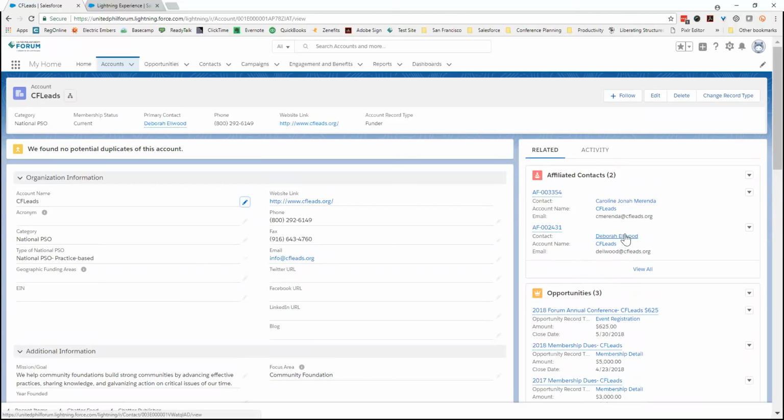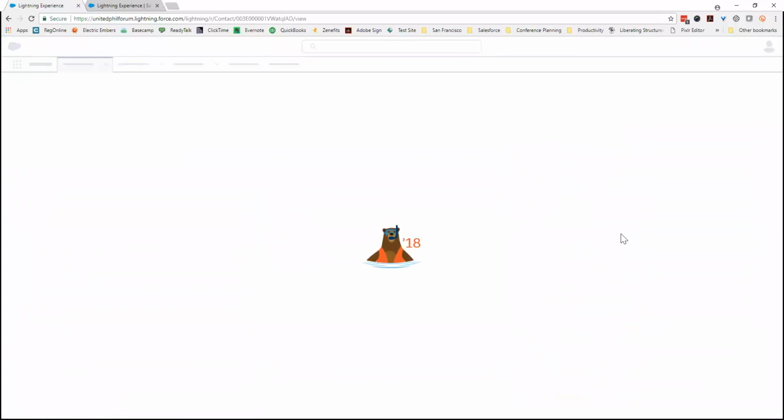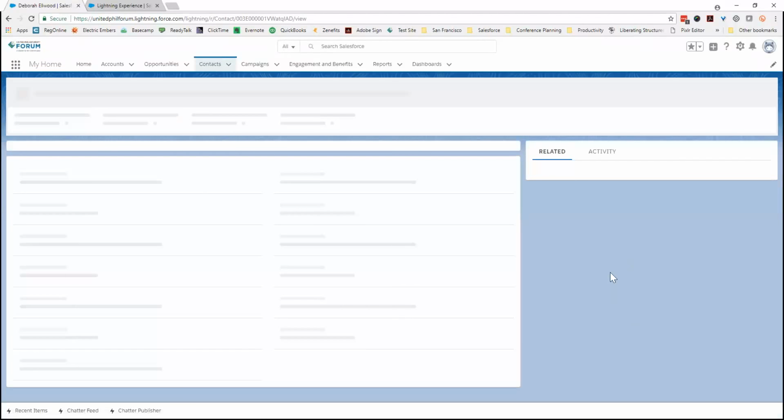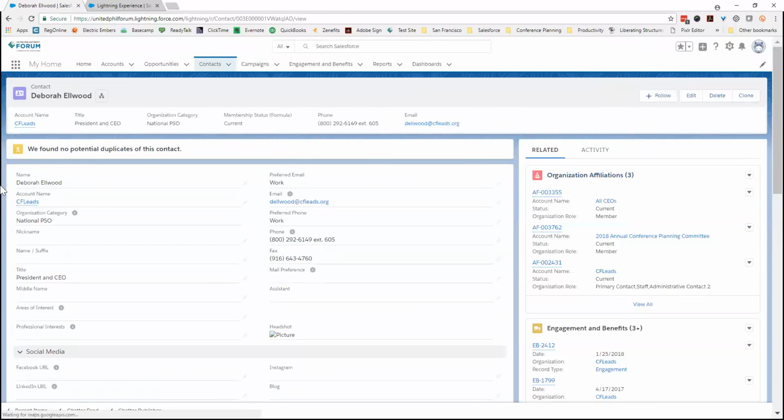Okay, so let's look at an individual contact record. So we're going to look at Deborah, because Deborah has a couple of different affiliations. So you can see this is a very standard contact record. Again, you've got the highlight panel at the top, so you can see key information. Let's say you're just looking for her email address. If you click the email, it'll open up in Outlook or whatever your default email system is. You can just easily open up an email and send one, and you can see her phone number,